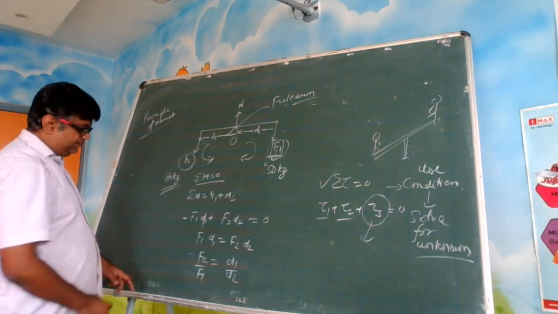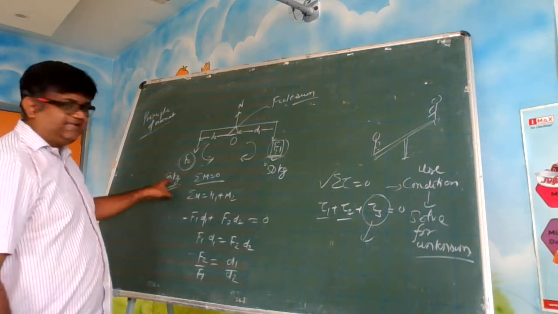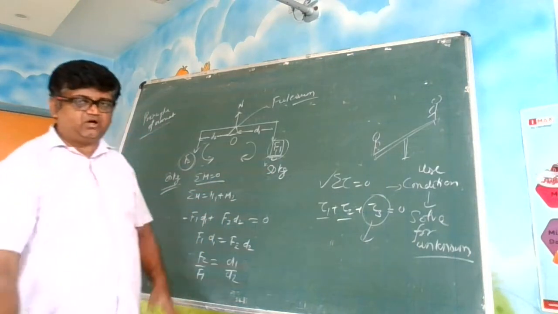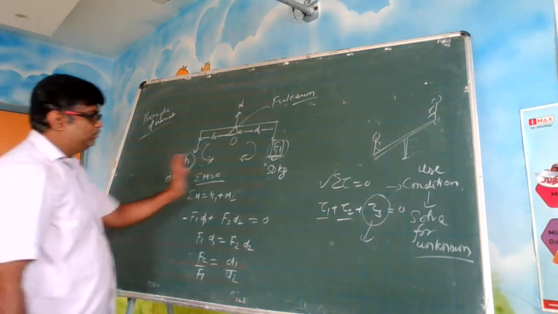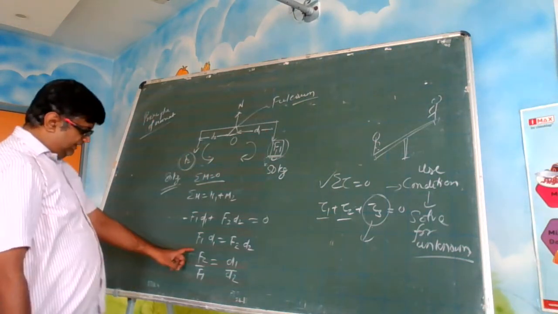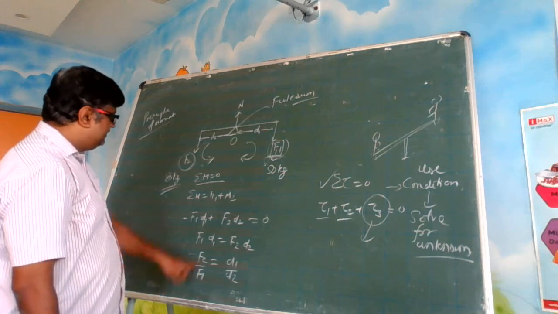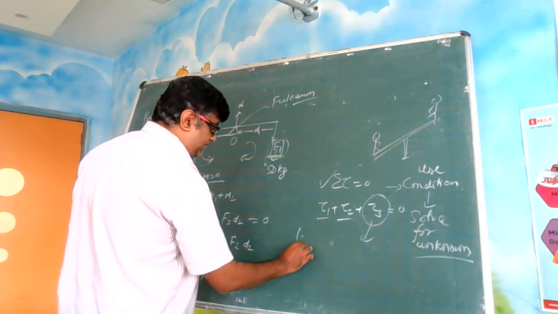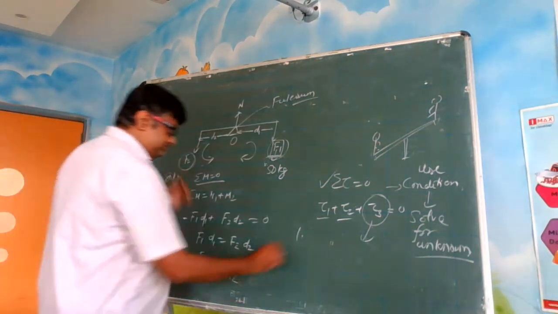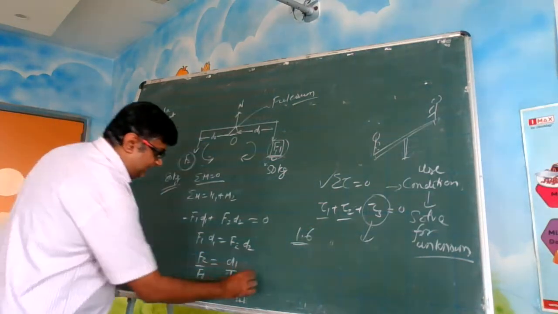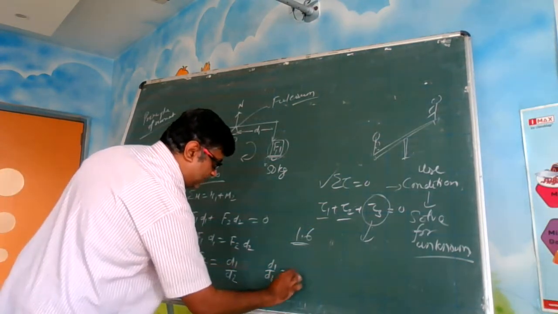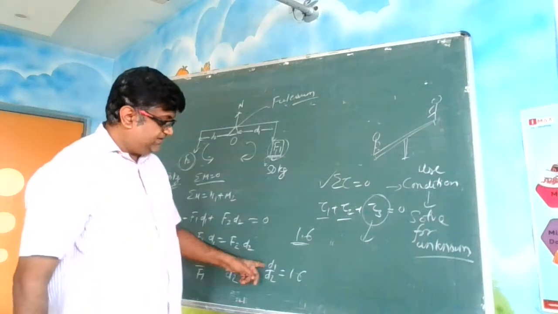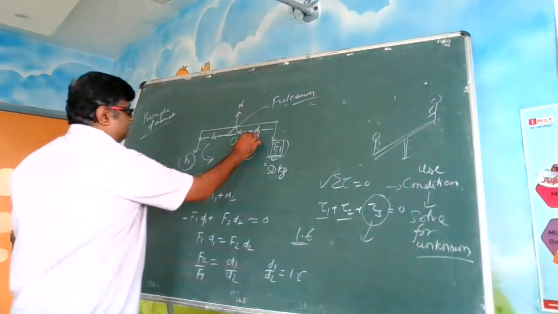Okay. So you can see here, what is the weight here? 80 kg into g, that is 800 newtons. This is 500 newtons. Because the g is common there, I am not considering the weight part. I am talking only in terms of the mass part. Okay. So F2 by F1 is how much? 80 by 50. 80 by 50 is how much? 8 by 5. It is 1.6. So you are getting d1 by d2 as 1.6. Right? That means d1 by d2 is greater than 1. That means d1 is greater than d2.